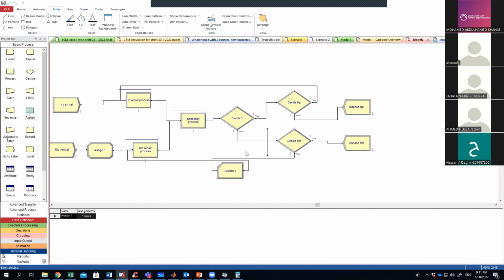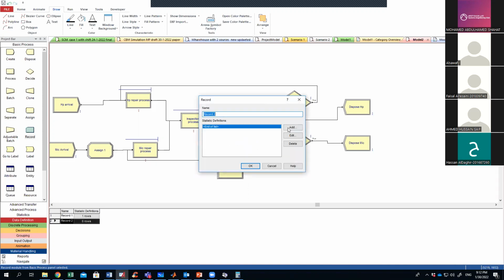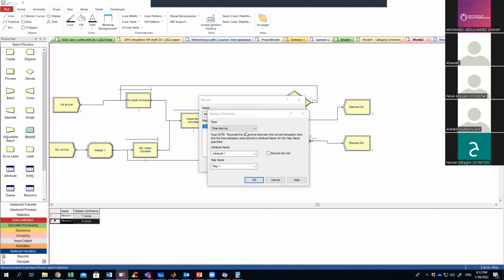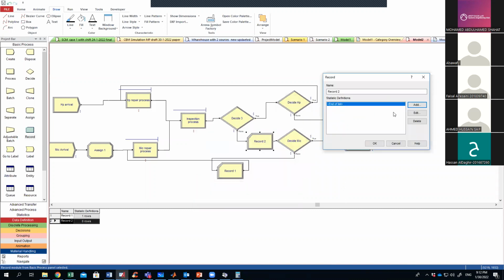Now at this point here I can use record. What will be done by this record? I want to record the time from this point till this point for any mic. So I will use this record and add. Now I'm not talking about count, I'm talking about time interval. Time interval between 2 points. Now once the entity reaches this, and let me just move it a little bit here, we're talking about this record. We add